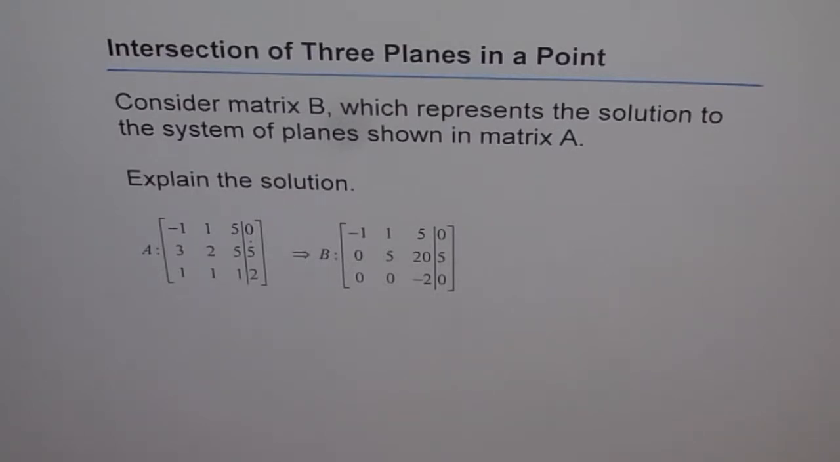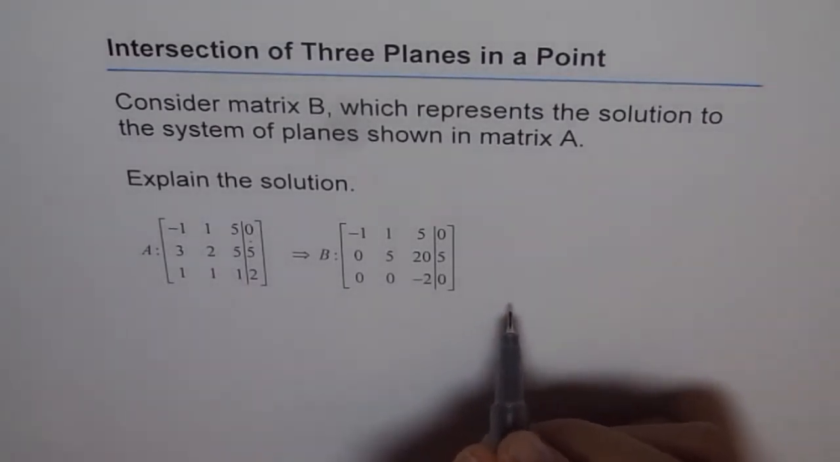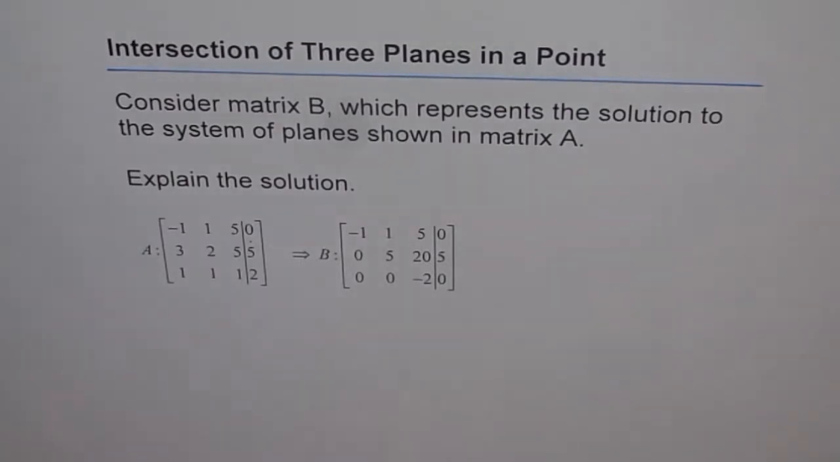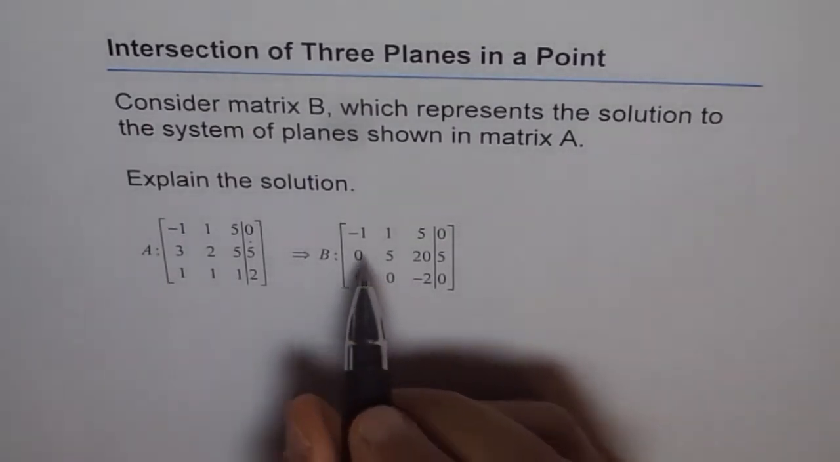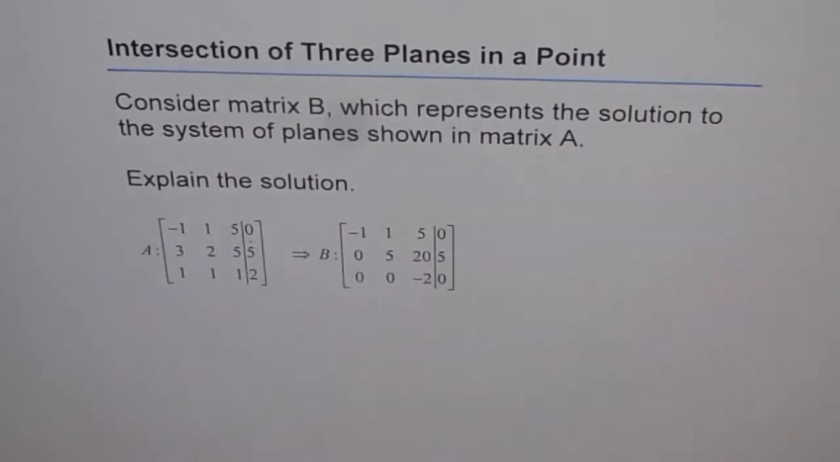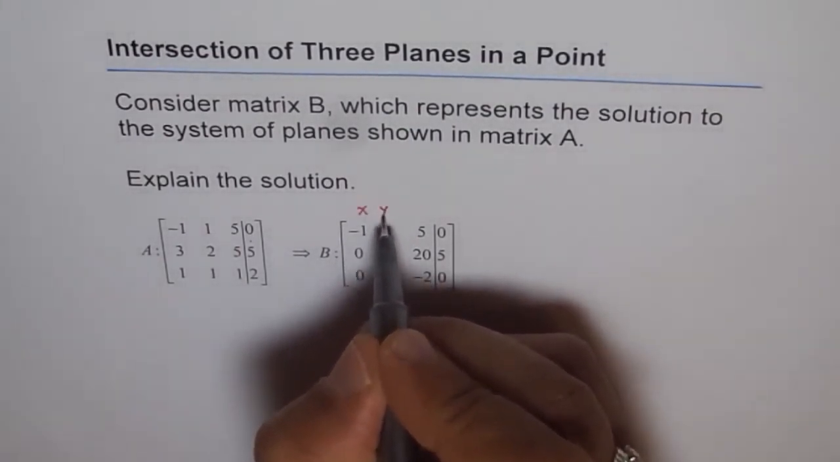Now what does that represent? When you get a solution like this, you can do backward calculation and figure out what the solution is. It very clearly indicates that the intersection, or the solution, is a point, right? From here, these are x, y, and z. Whenever you see this, just a reminder, this is x, y, and z